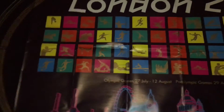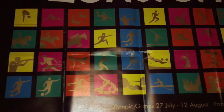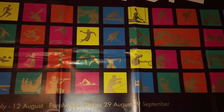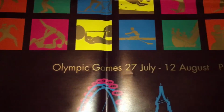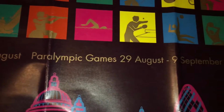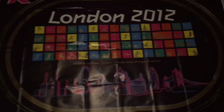And more interestingly, all of the artwork on the side of the train is visible for all of the various events that took place on the mat. I found that to be very interesting. And it's also got Olympic Games 27th of July to the 12th of August, Paralympic Games 29th of August to the 9th of September. So this is definitely a TrackMat I think is going to be worth keeping a hold